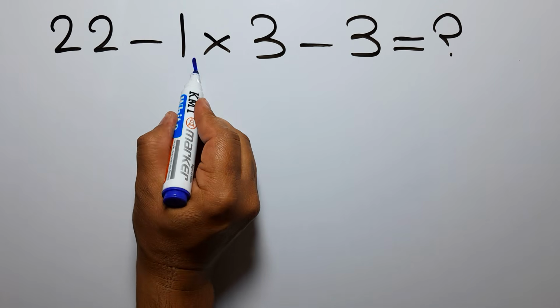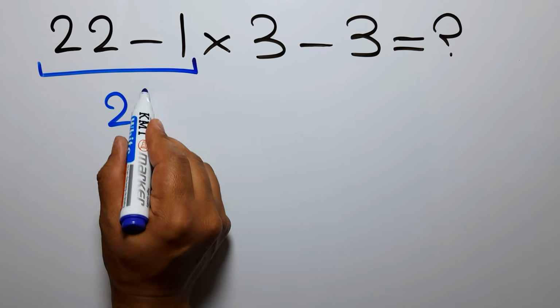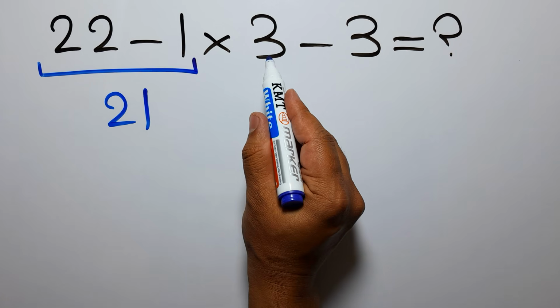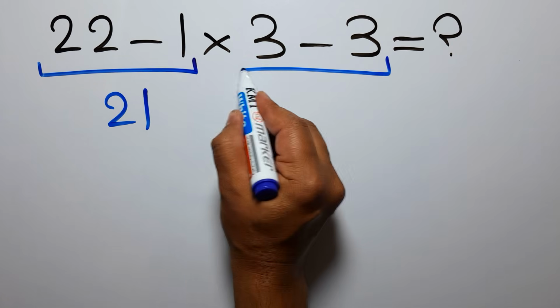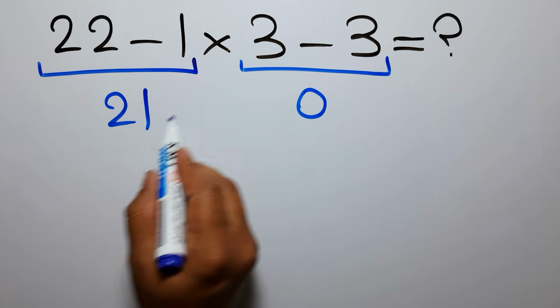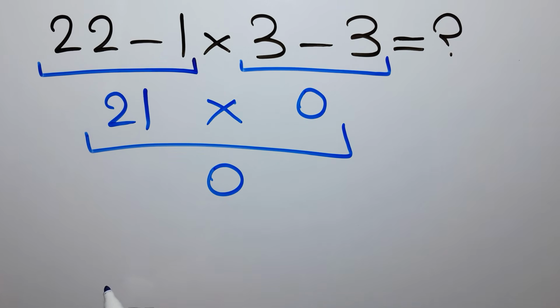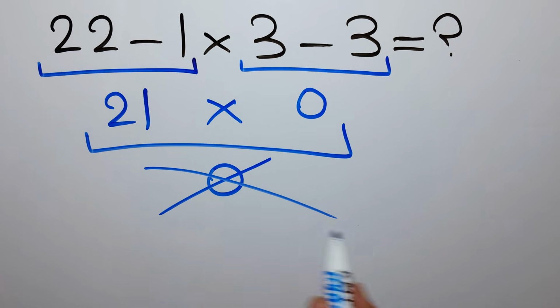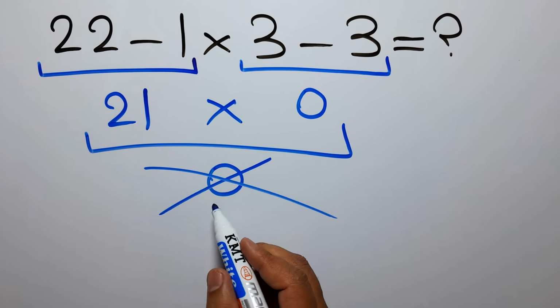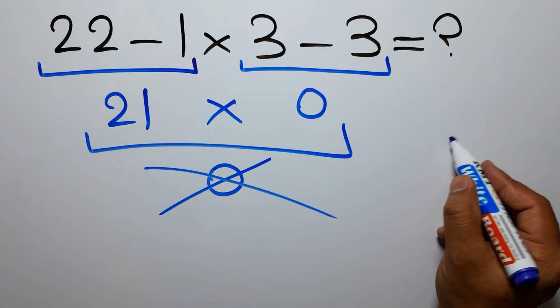22 minus 1 gives us 21. And here we have 3 minus 3, which equals 0. So 21 times 0 is just 0. But this answer is not correct. Because according to the order of operations, which is PEMDAS,